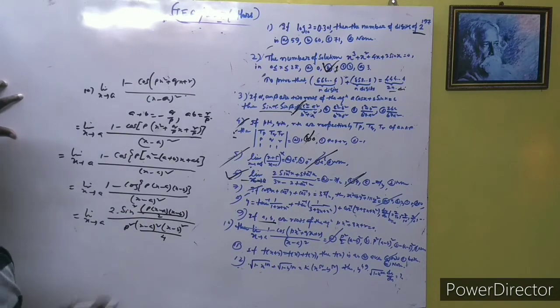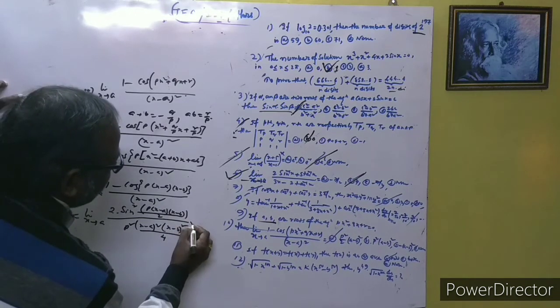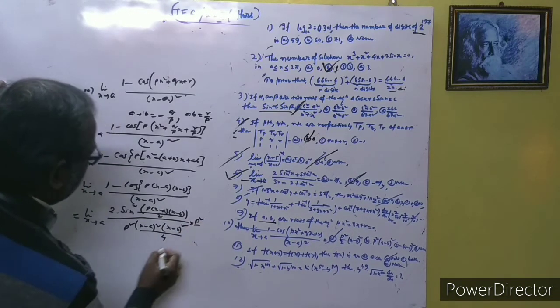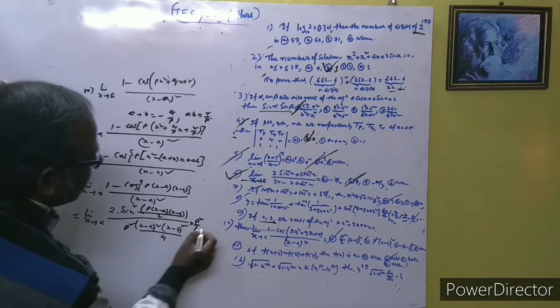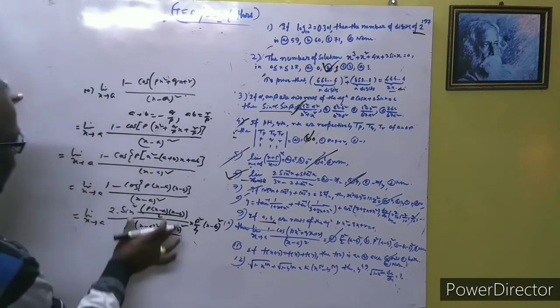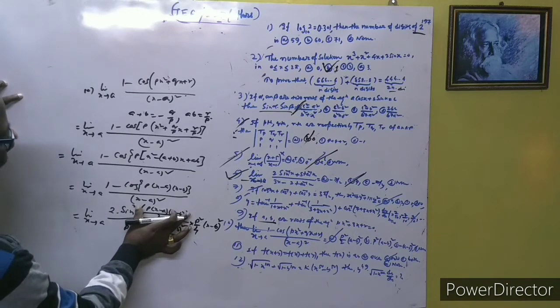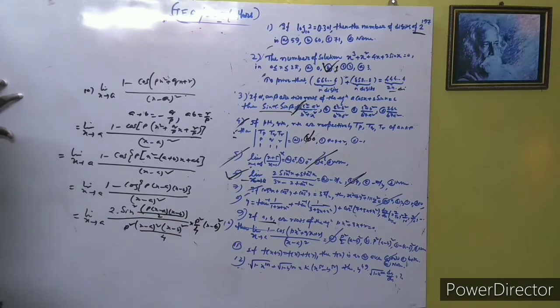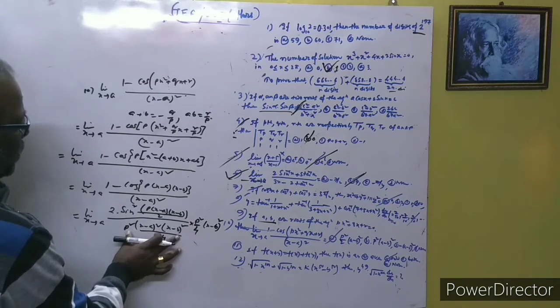So we use this extra factor here, that is p square by 4. Okay, this is p square by 4, and x minus b is another factor. This is whole square. So for that, this is a 1. And why is this 1 here? We can assume this as theta, so that is sine square theta by theta square. This is the whole square theta, okay?